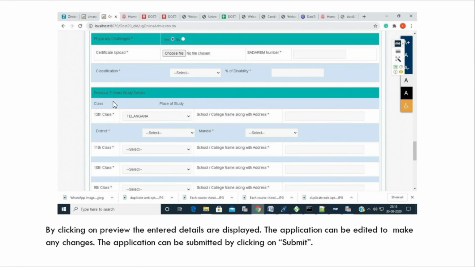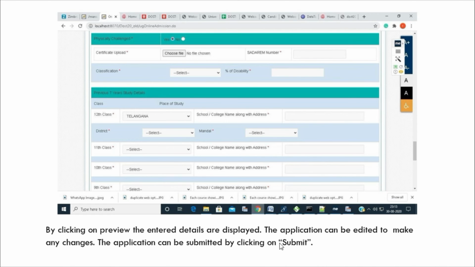Then it will ask you for details about your 12th, 11th, 10th and 9th. These are all classes. Please enter the details one after the other. Please be patient, you have to fill up the application very properly. Make sure that most of the documents are scanned properly and used one after the other, so that you can easily upload them. When it asks you about the 12th, you have to enter the college where you studied in Telangana, the district, the mandal. The same for 10th and 11th, the same for 9th and 10th. Ensure all the things are filled up properly.